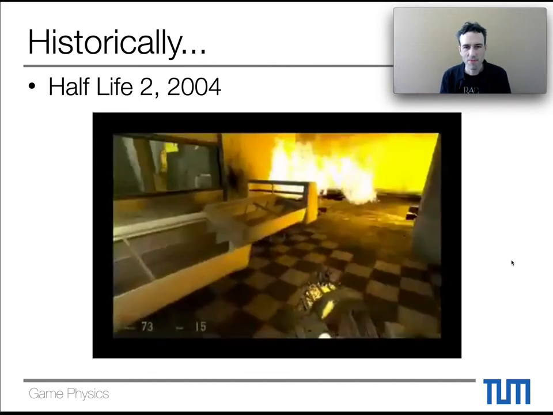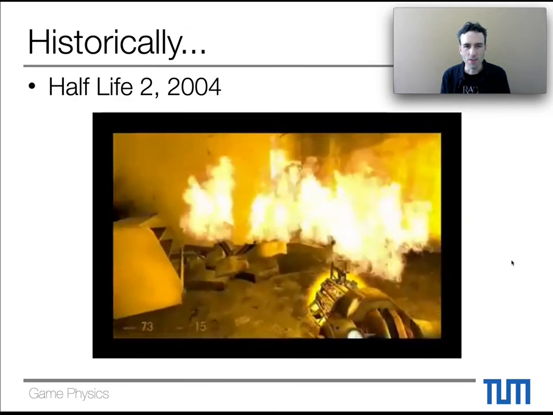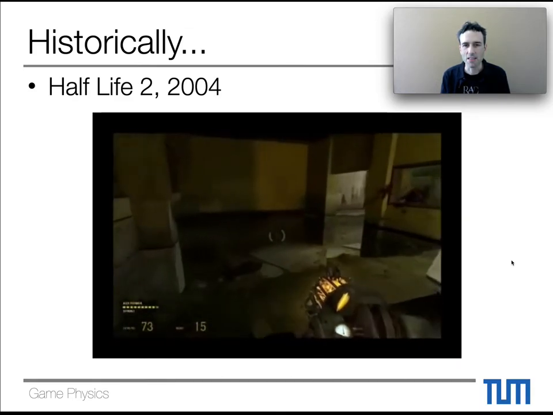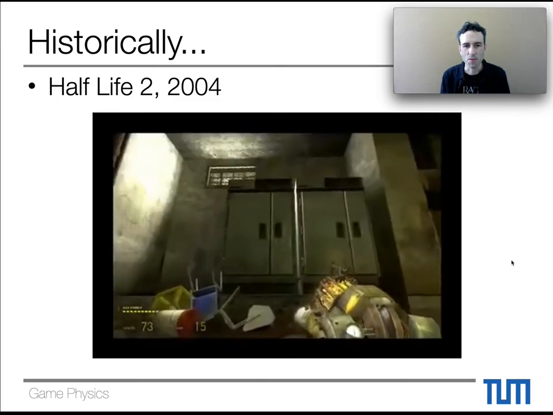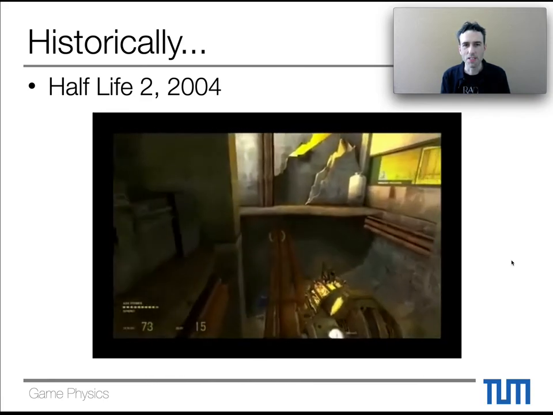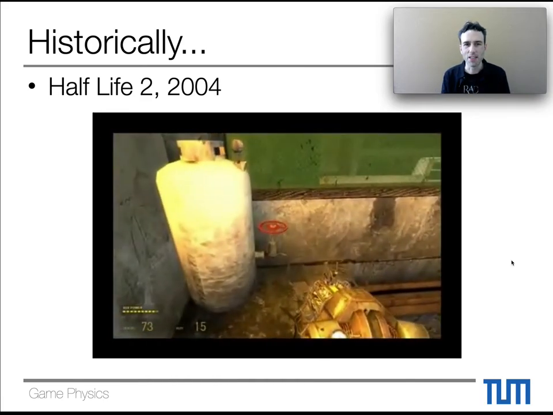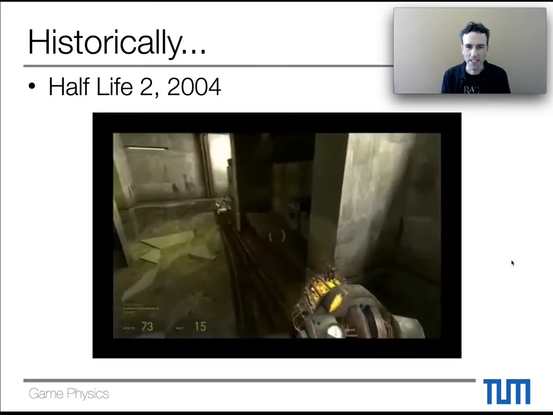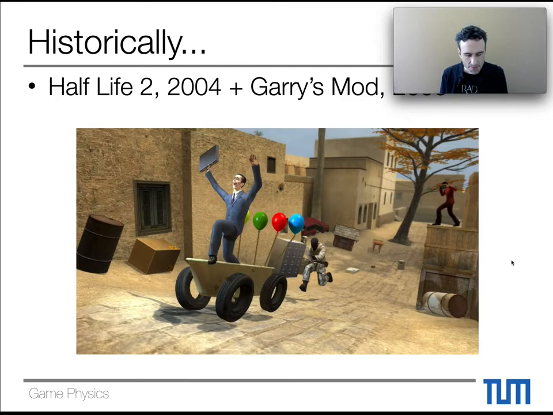And needless to say, this was a big success. This was one of the things that the players actually ended up liking most about the game. So I think soon this should be enough. So right now, finally, the player is on the other side and can open the valve of the tank here. This was actually pushed even further with Garry's Mod, also part of Half-Life 2 in 2004, turning this into a whole sandbox of physical puzzles and levels, and all kinds of crazy follow-up ideas.